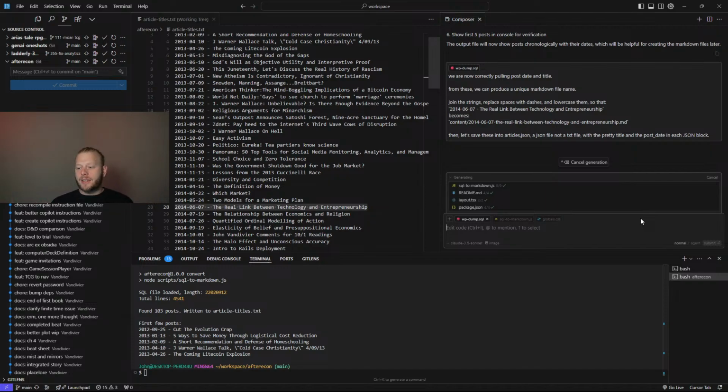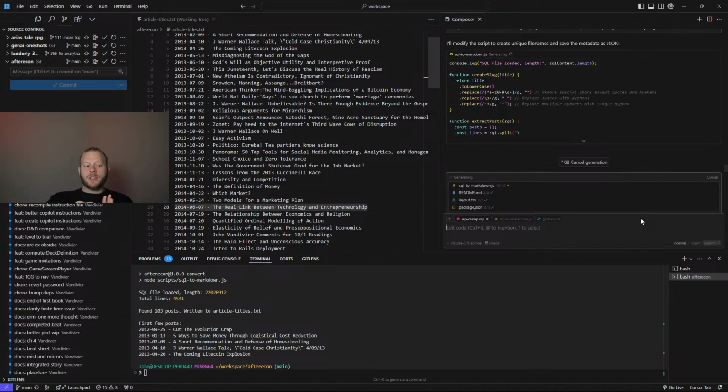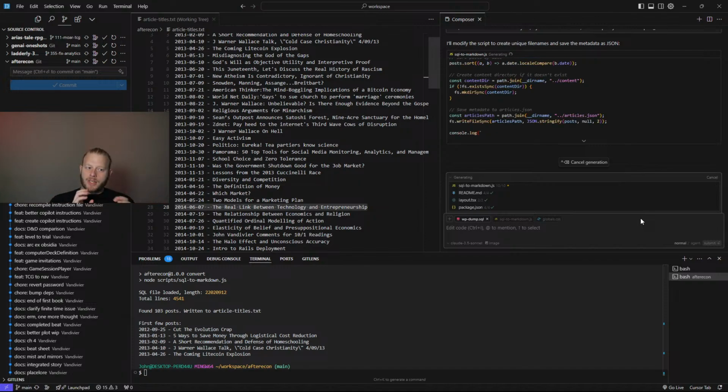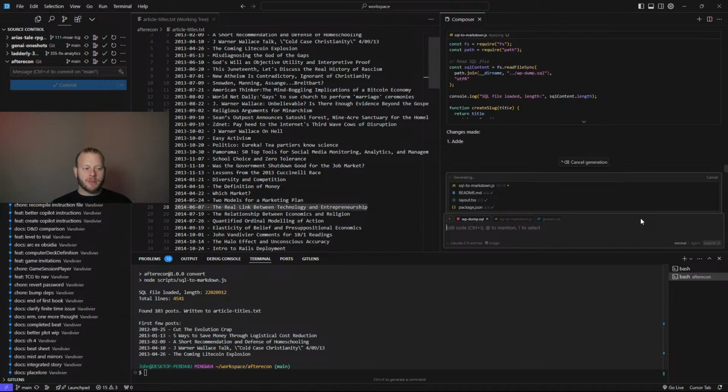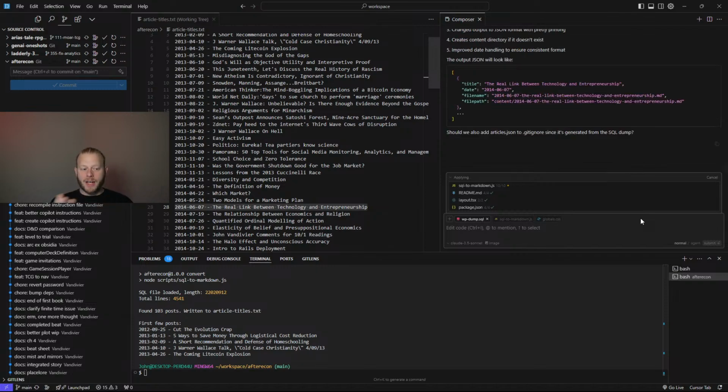So in the data science world, you have ETL, extract, transform, load, and so we're doing the extraction and the transformation right here. We're extracting and transforming into a JSON syntax, which can then be easily loaded or transpiled into Markdown from JSON. So by breaking the whole process up into smaller steps, the agent's able to do this much more effectively, and it's still saving me time compared to if I had to do all of this by hand.